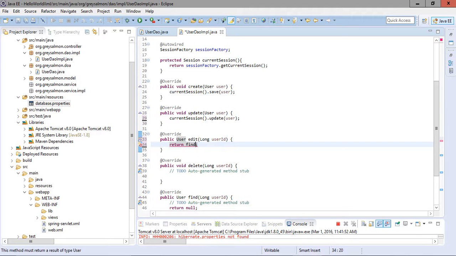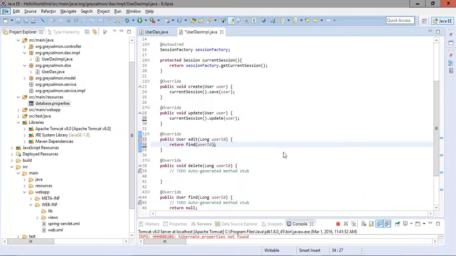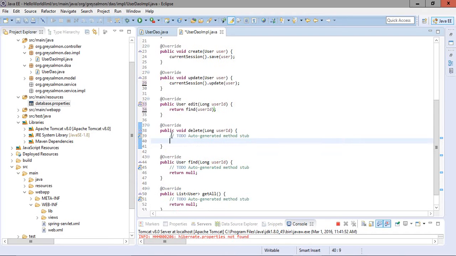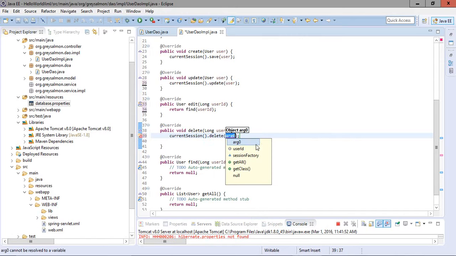So after update, we will write the query for this. For this I will say find and then user ID. I will explain to you what this means. First I will get to the method delete. In delete, first I have to copy the current session and then dot delete the object having the user ID.